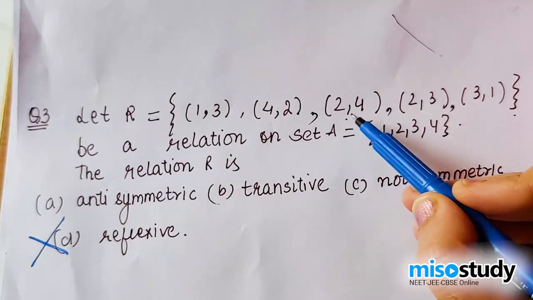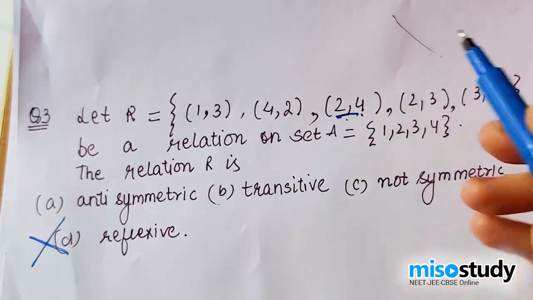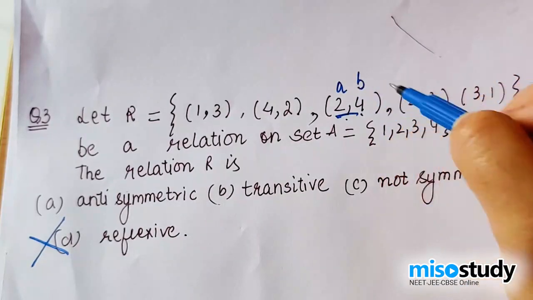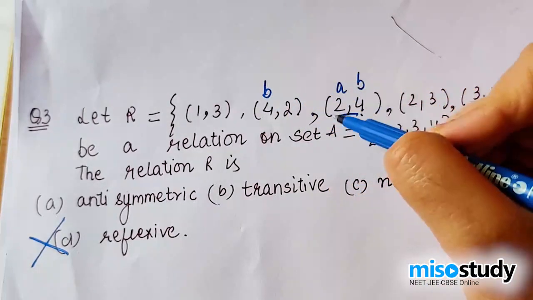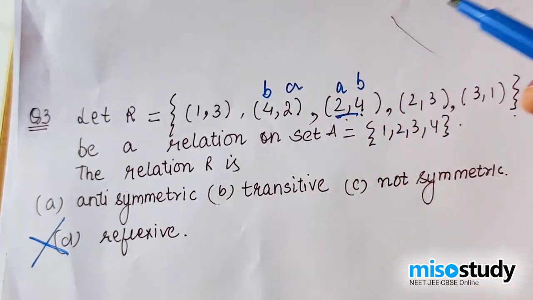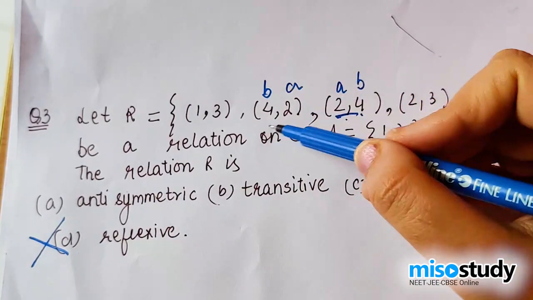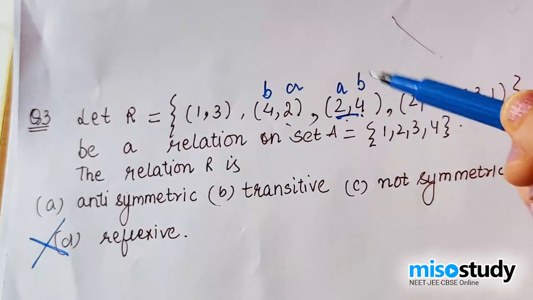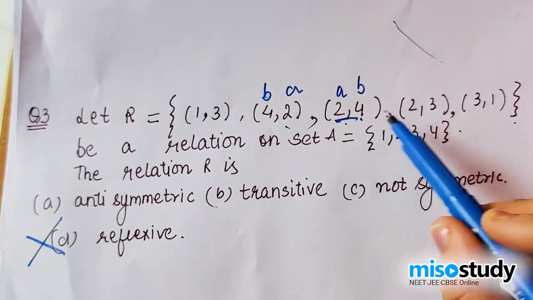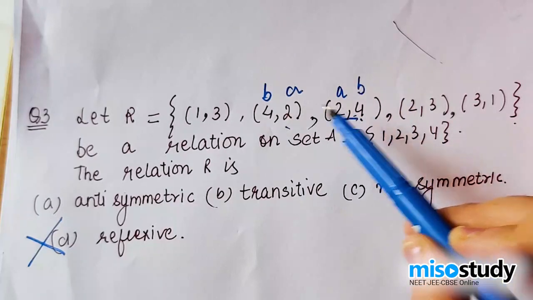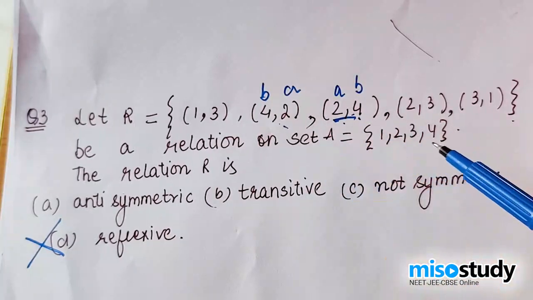If 2 is linked to 4, then is 4 linked to anything? Yes, 4 is linked to 2. That means you have A linked to B. Then your B is linked to A. But you don't have any C. Or let us assume your A is linked to B. Then what is B linked to? Nothing. Again it is coming out to be (4,2). That is for symmetric, but not for transitivity. So if you say A is linked to B, B is linked to A, you must have A linked to A according to the definition of transitivity, which is not there. So hence it is not transitive.